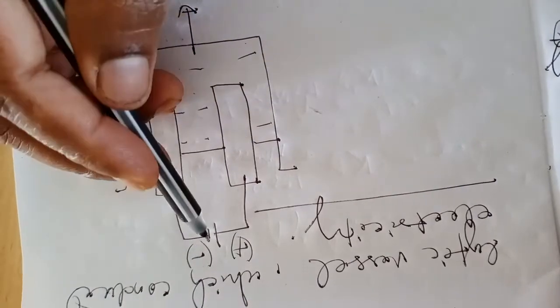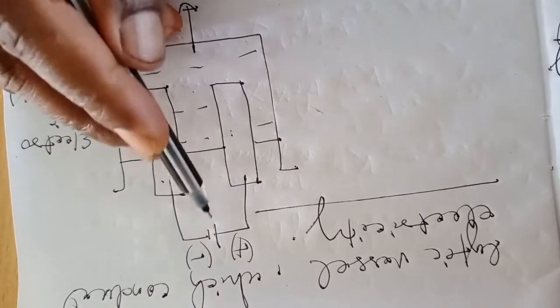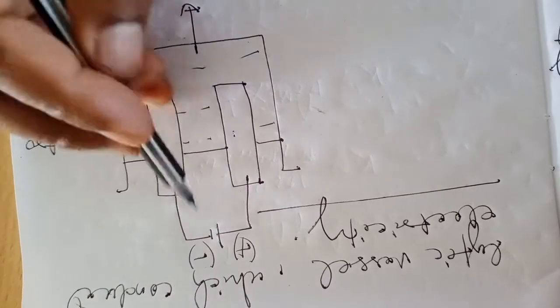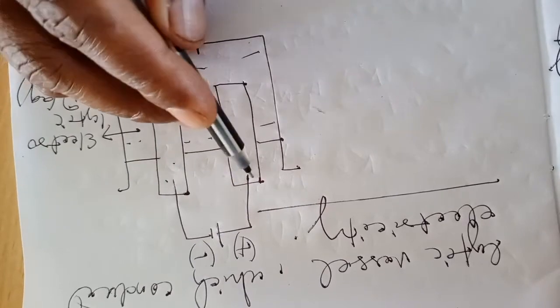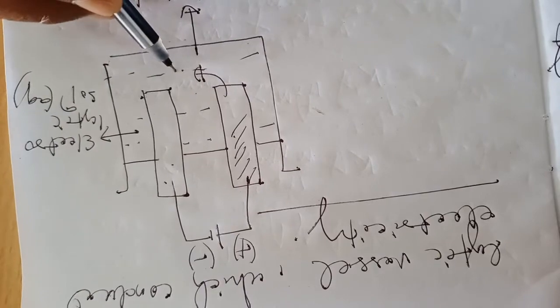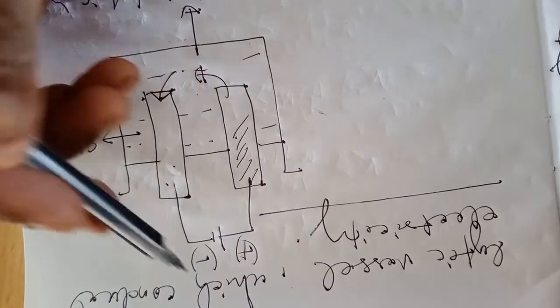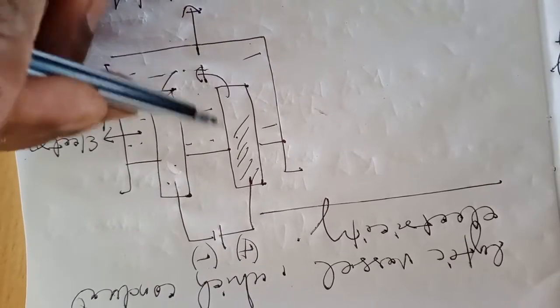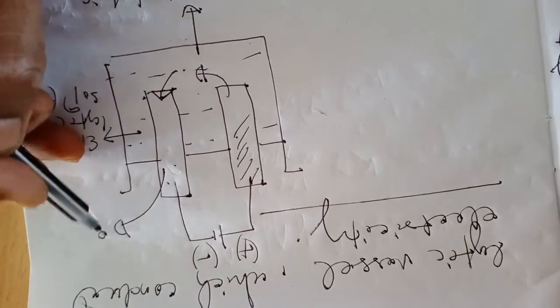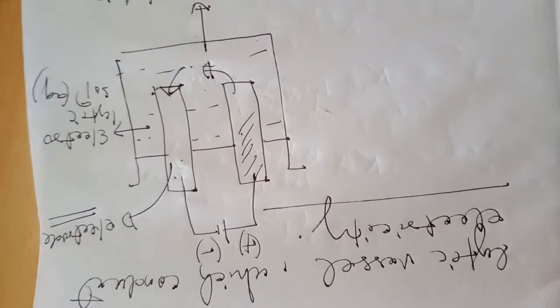Current comes from the battery to the electrode, which is able to conduct electricity with the help of the battery. The electric current from the electrode enters the electrolyte, and from the electrolyte enters the other electrode, and in this way electric current circulates. This pellet is called an electrode. Okay, what does the principle say?